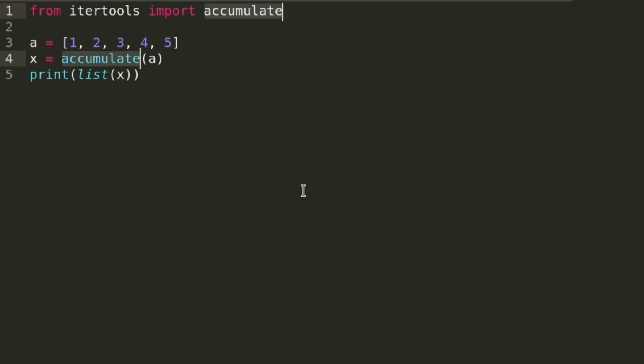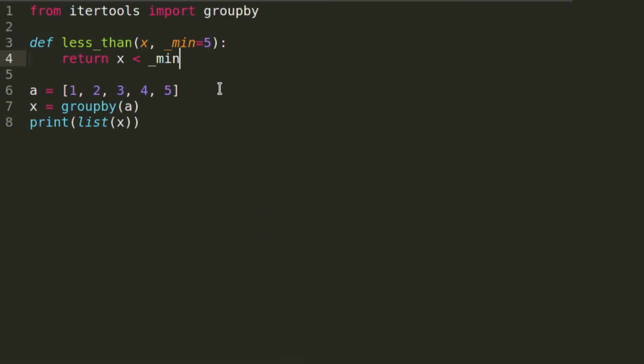So next up we have group by. So let's just create a function here. Okay, so there we go. So now if it's less than the minimum value that we can pass in, then it will return true. If it's larger than or the same amount, then it won't return true. The simple if statement right here. So let's go here and we can say,